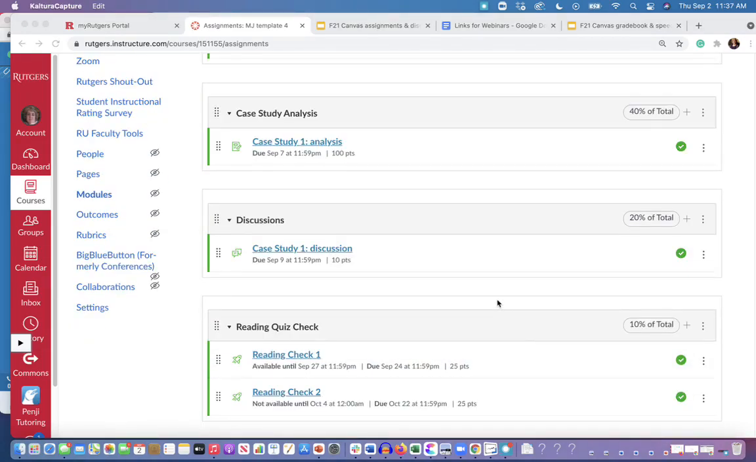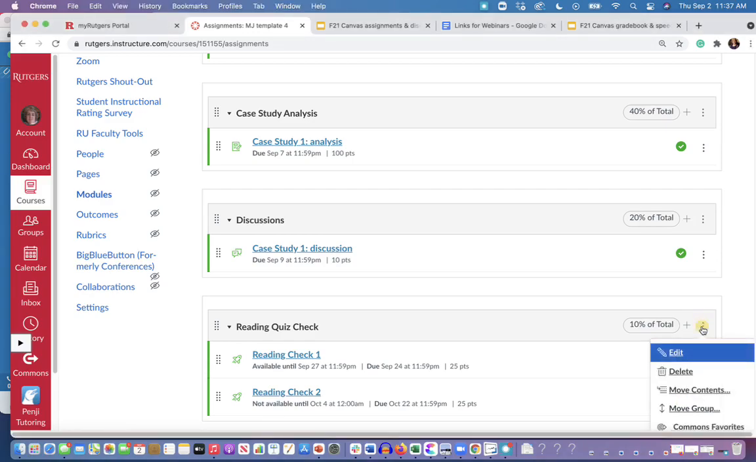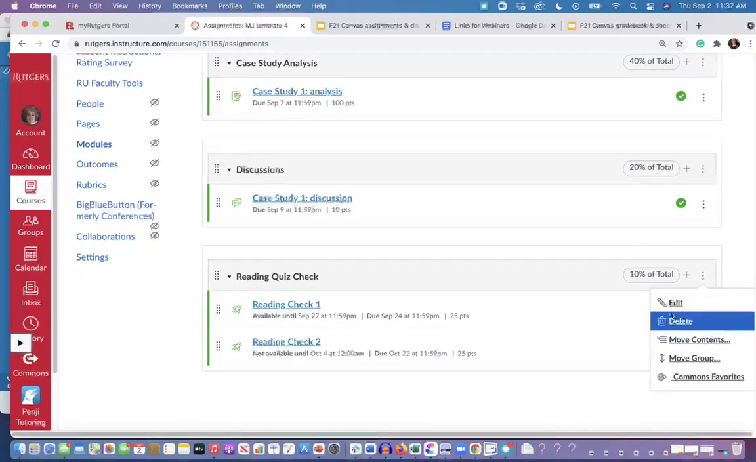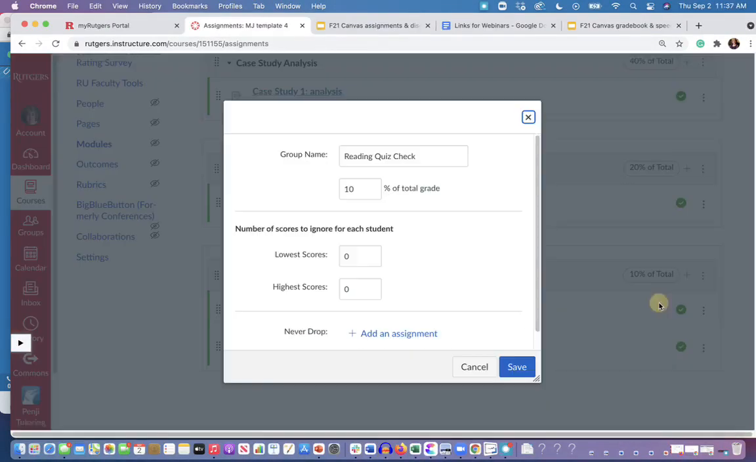I'm going to show you another setting that we can do with our group category. Let's say you're going to give a lot of reading quizzes and you want to be able to let the students drop their lowest score. You can certainly do that and set that up ahead of time and then not have to worry about the math. Again, we're going to click on the 3 dots, select Edit,